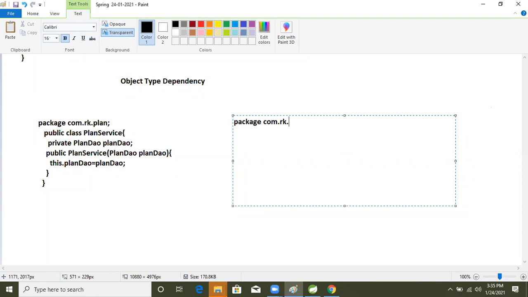Then package com.rk.planDAO. This is the PlanDAO class, public class PlanDAO, right?